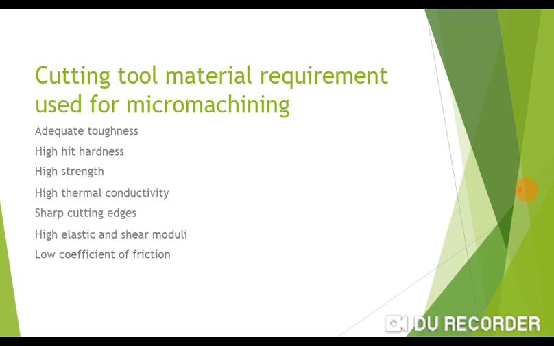As we know, the tool is always in contact with the workpiece. That's why there is always friction between the tool and the workpiece. So it is also important to carry away the heat from the machining zone at a faster rate. Then there are sharp cutting edges, to lower the cutting forces employed during machining. Then there is a low coefficient of friction, to control the chip flow and limit the cutting forces and cutting temperature.